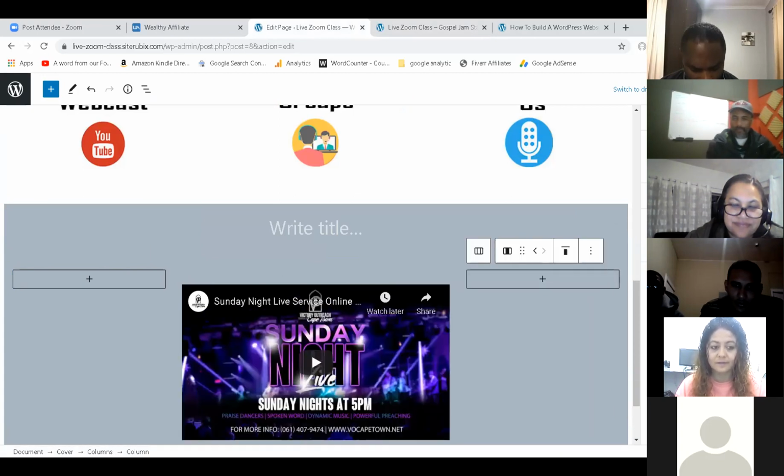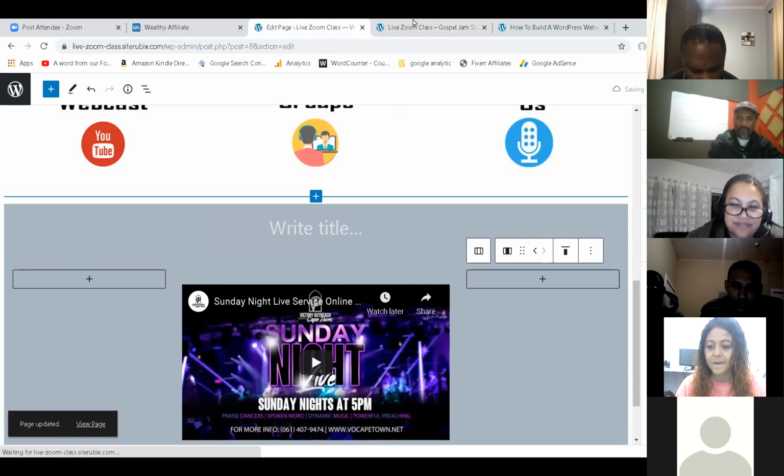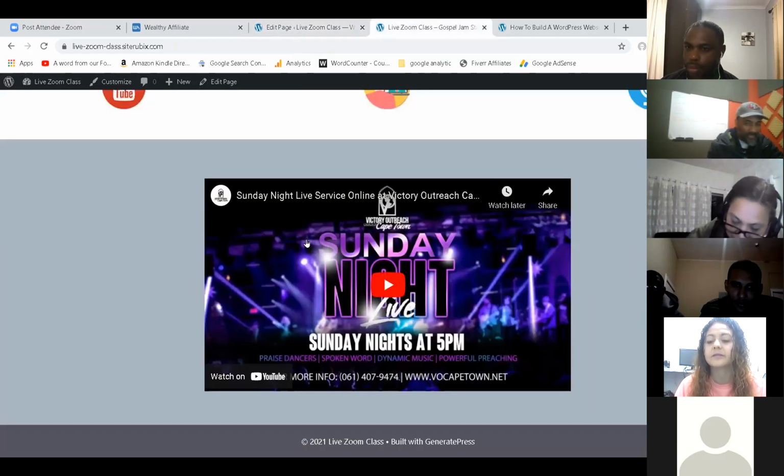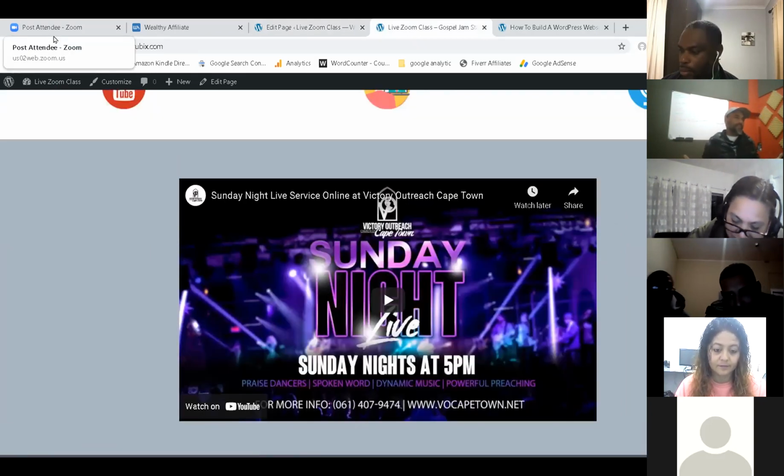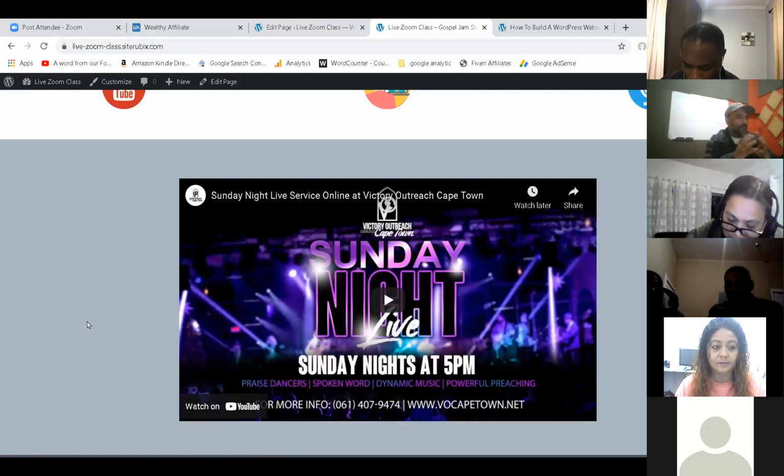300. And then I hit update. I hit refresh. It's going to make it a little bit bigger, I think. Let me see. There you go. And if you want it smaller, you make these columns bigger, which will make your middle one smaller.